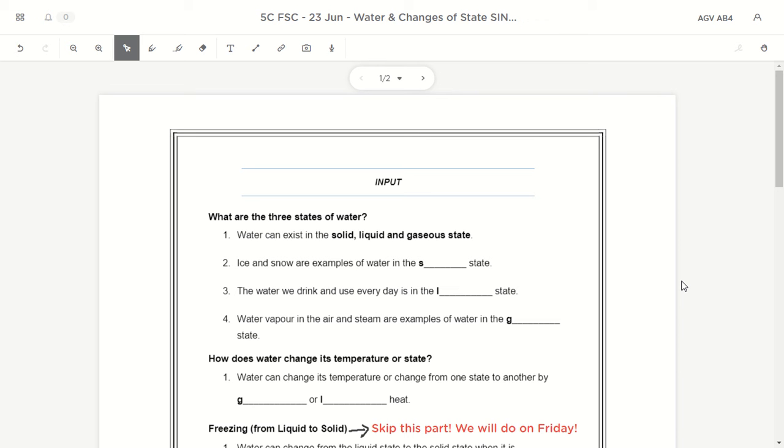Today we'll be going through yesterday's homework, page 3 and 4 of your water SIN. We have done the melting of ice cube experiment when we were in school. So today we'll be looking deeper into the process of melting. From yesterday's lesson, you have gone through all the videos about heat loss and heat gain and how the states of water can change from one to another by either gaining heat or losing heat. Yesterday was just focusing on heat gain, how ice can gain heat from the surrounding, changing its state from solid to liquid. Yesterday was just focused on one process called melting, and you're supposed to complete your page 3 and page 4 of your SIN.